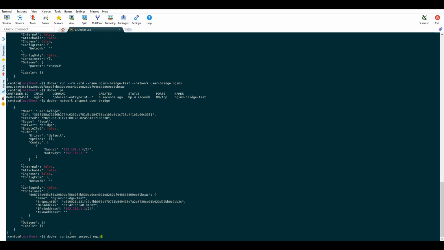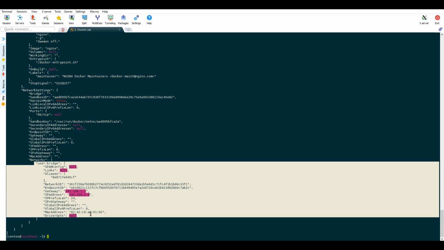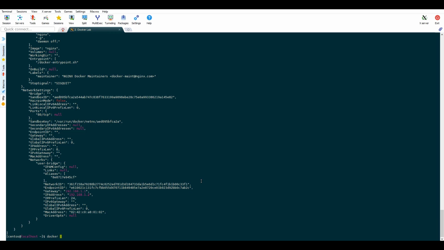Similarly, we can perform Docker container inspect also to inspect the container and see that the user bridge network is attached to this container. We can also publish a container port to a port on the host network using publish option.